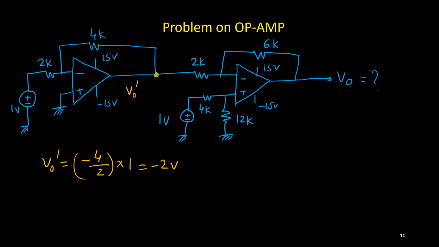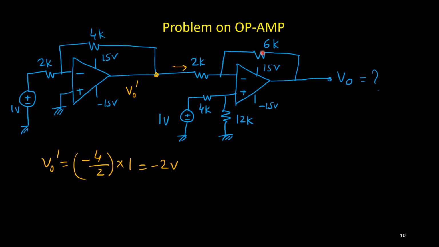Now there is no loading effect, because whatever voltage is there in this circuit, from here you will get the current here. So what I can do, I can consider the second circuit, this one, independently. Once this potential is available, now we can analyze this one. Now can you see, this looks like a subtractor. At this end one potential is applied at the inverting terminal, and at the non-inverting terminal another voltage is applied.